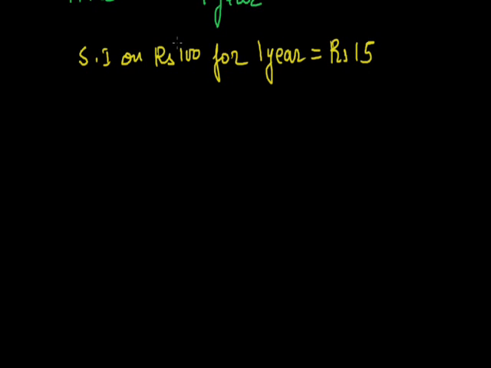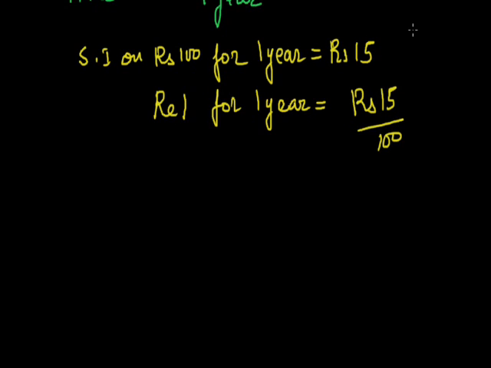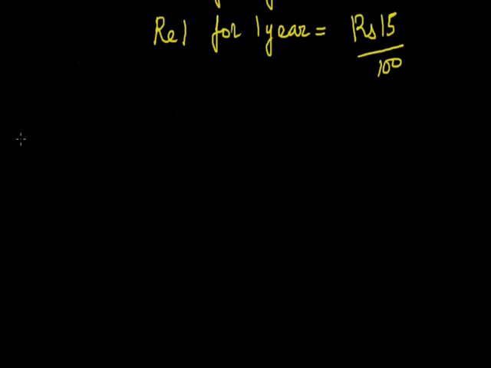This means अगर हमने 100 रुपए बोरो किए हैं तो एक साल में हमें 15 रुपीज पे करने पड़ेंगे इस 100 रुपए को यूज करने के लिए। नाउ अगर 100 रुपए को यूज करने के लिए 1 साल तक 15 रुपीज पे करने पड़ेंगे, तो ₹1 यूज करने के लिए, वो भी 1 ईयर तक, हमें पे करना पड़ेगा ₹15/100, क्योंकि 100 रुपए के लिए 15 रुपए देने पड़ रहे हैं, तो 1 रुपए के लिए हमें ₹15/100 पे करने पड़ेंगे।